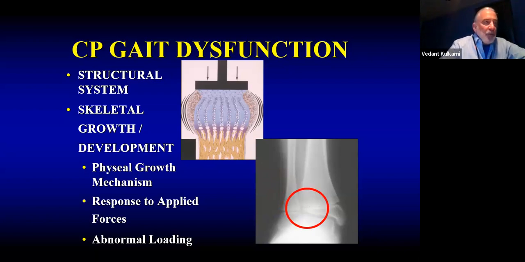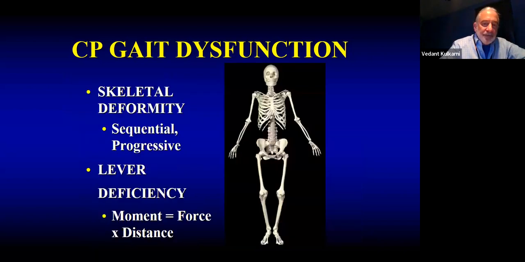So many of the skeletal deformities that we see in kids with CP are a consequence of abnormal growth that's due to abnormal loading. So like the muscles, skeletal deformity in children with CP is sequential. It progresses over time. Why do we care? Well, in the normal gait talk, we recognized that the muscle's job during gait is to generate a moment. And that moment is the product of the muscle's ability to generate force times the distance about which it is applied. Skeletal malalignment